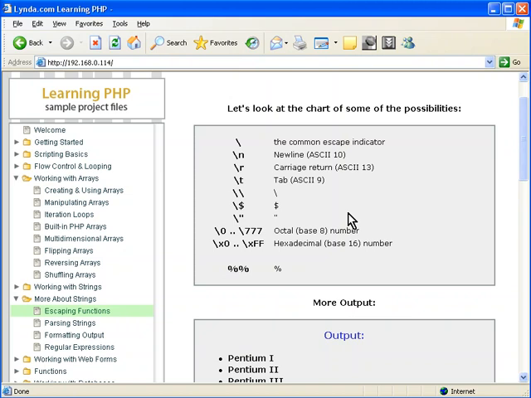Let's talk about escaping functions. We're going to be working with some characters that are going to allow us to add new lines, tabs, carriage returns, and things like that. And what happens when you escape your characters, you're doing what your word processor does, you're doing what Outlook does,